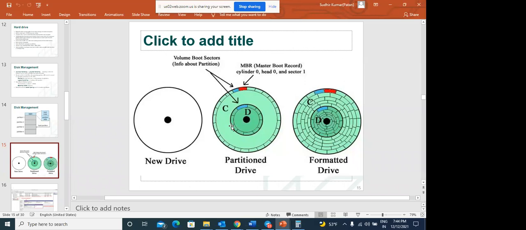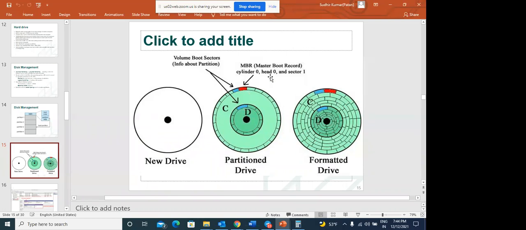This is abstraction. You can't see it on the disk. If you take out the hard disk, if you unscrew the box, you can't see this partition. This is an implementation, but through a diagram we can see how it works. So C and D virtually work like that, but technically there is no partition.